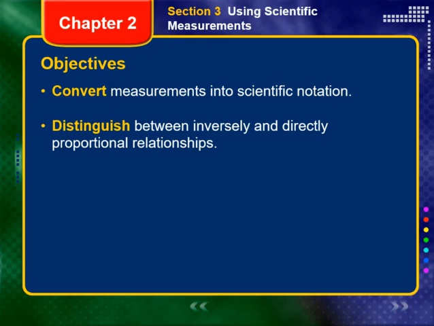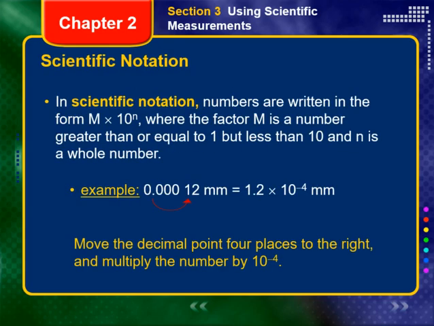At the end of this video, you should be able to convert measurements into scientific notation and distinguish between inversely and directly proportional relationships. In scientific notation, numbers are written in the form m times 10 to the nth power, where the factor m is a number greater than or equal to 1, but less than 10, and n is